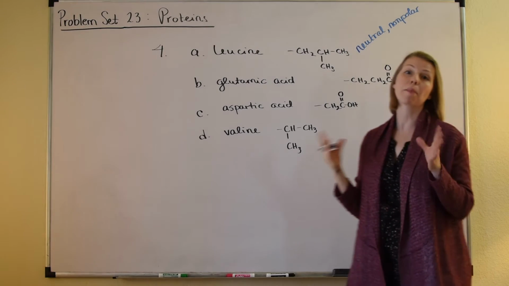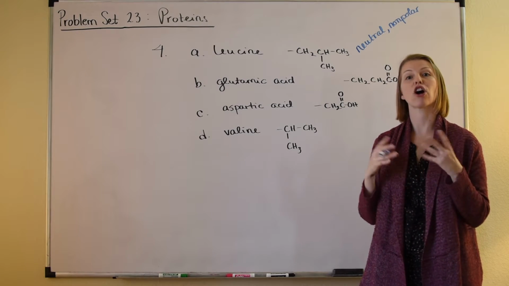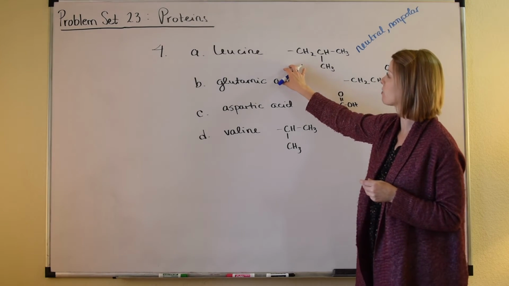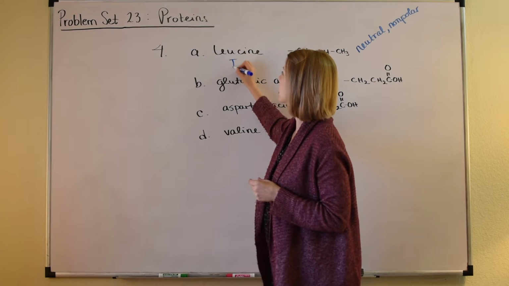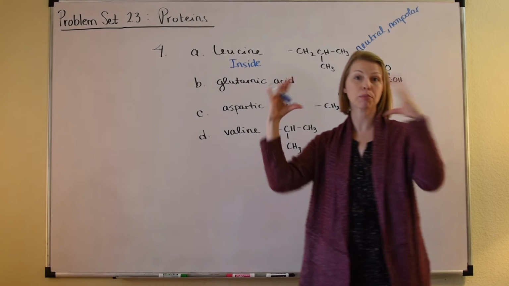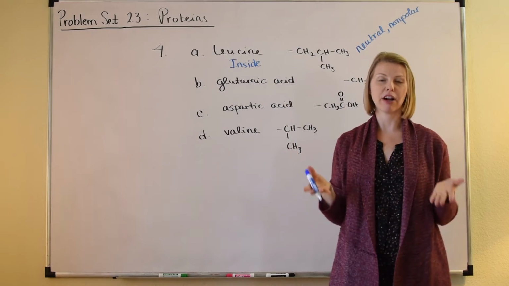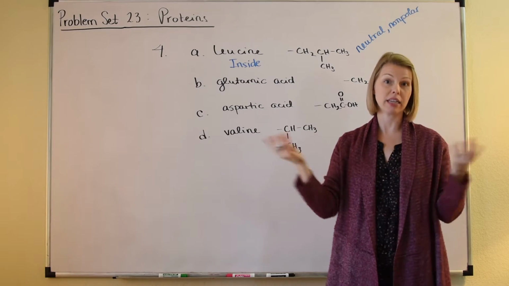And remember that that makes it hydrophobic. Nonpolar side chains are hydrophobic. So we would expect to find leucine on the inside of a globular protein, oriented away from the aqueous environment outside of the protein, the aqueous environment